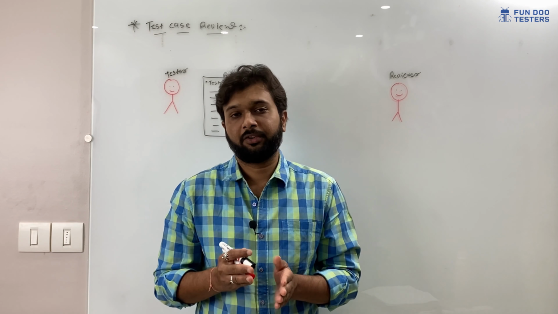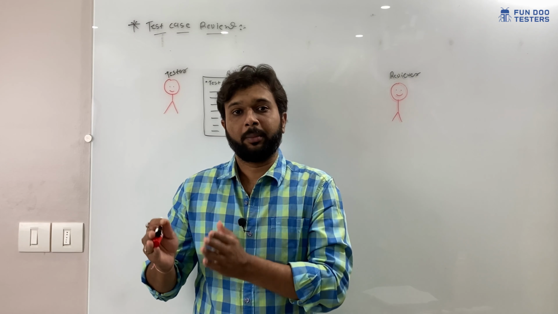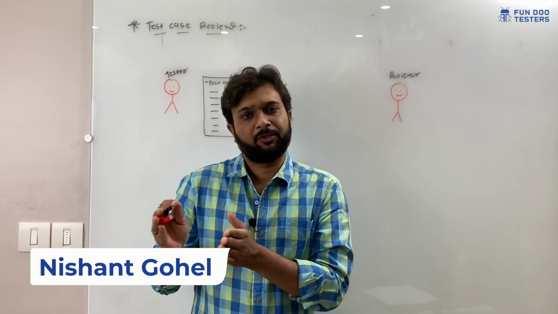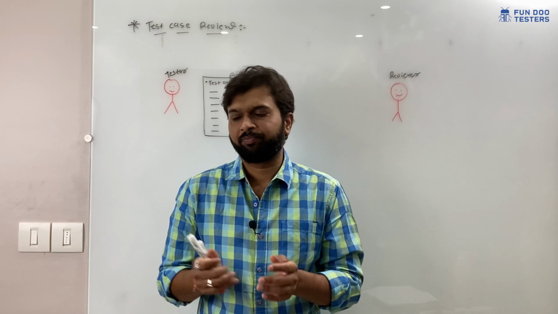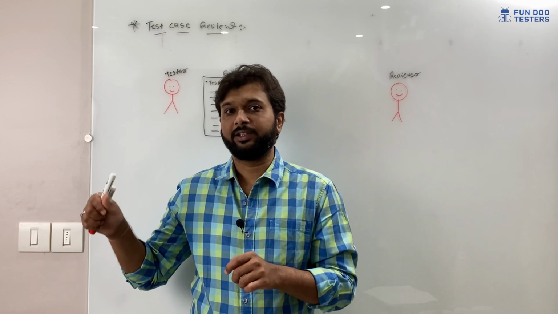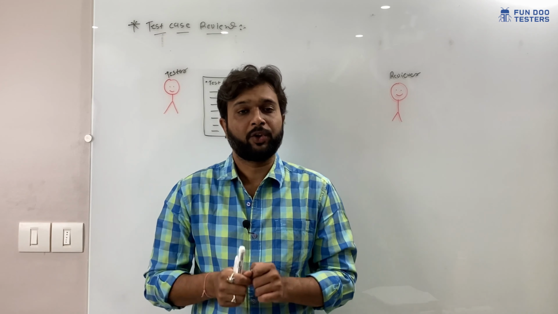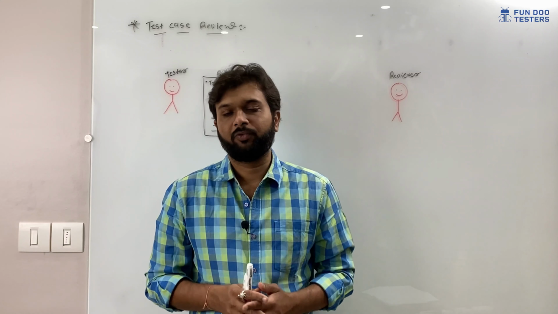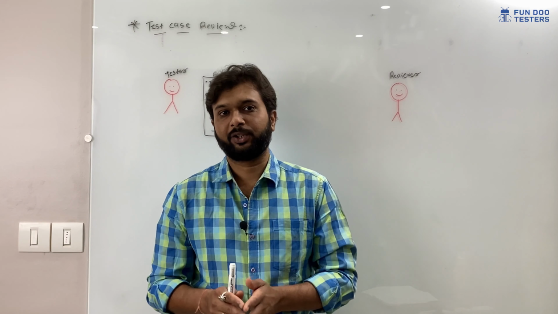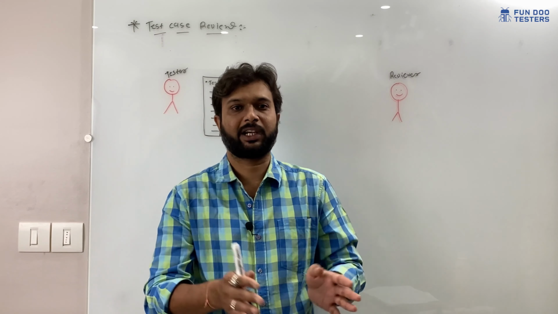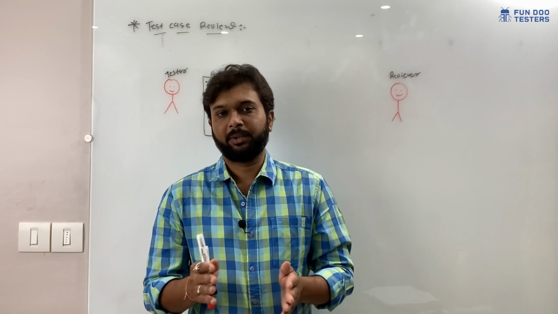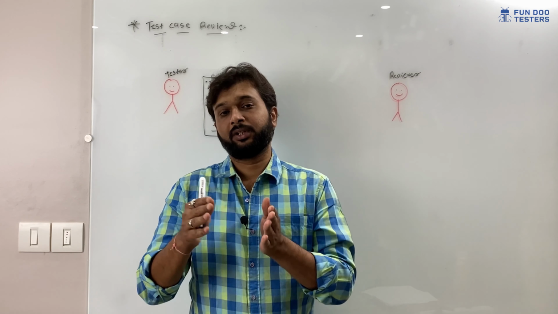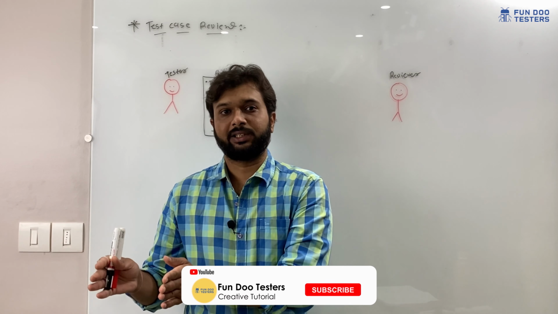If you are staying with the family and you are coming home from office, by that time you will follow a few procedures. For example, you will hang your jacket somewhere, you will keep your helmet at one place, otherwise your mom will scold you. But if you are a bachelor, you will throw your helmet at one place, jacket at one place, key at one place. Similarly, if you are going to the big companies, there are procedures for each and every stage.